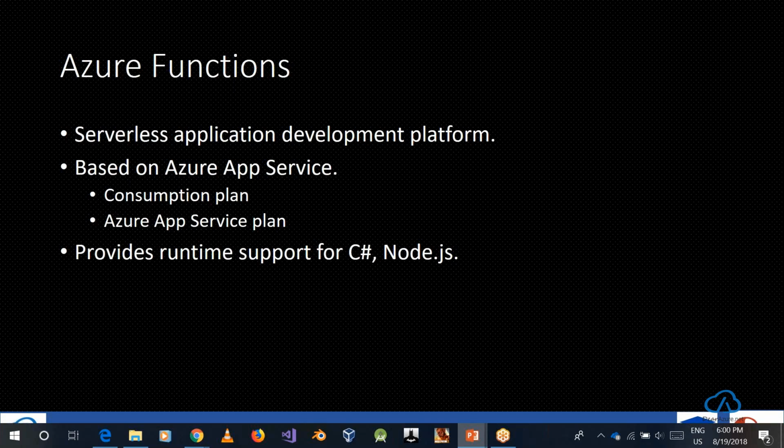Now, if we narrow our overall domain down to just Azure Functions, Azure Functions is the serverless application development platform we have been talking about for the past few minutes. It is based on Azure App Service.